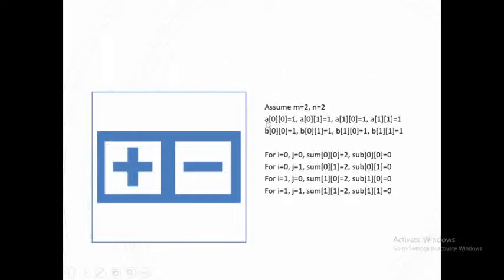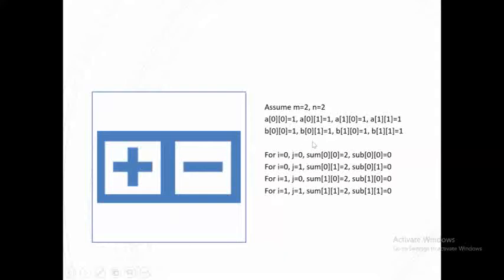So I am going to initialize, or read, the first matrix elements. a of 0 0 clearly specifies the zeroth row, zeroth column, and I am assigning the value 1. Zeroth row first column, I am assigning the value 1, first row zeroth column, the value 1, and first row first column, the value 1. So for all the first matrix elements I am assigning the value 1, since it is 2 rows and 2 columns, so totally 4 values, all 1 with respect to the first matrix.